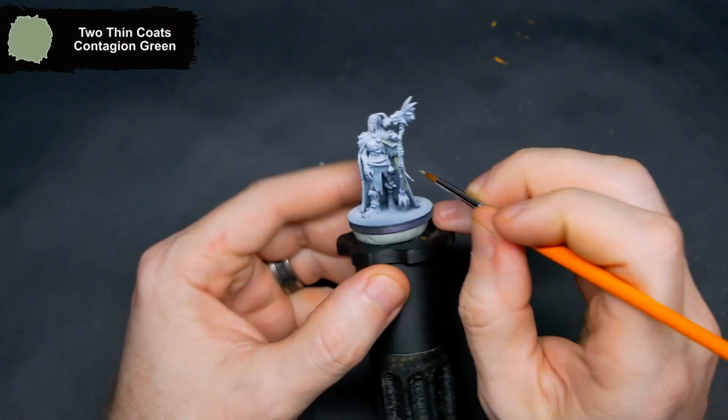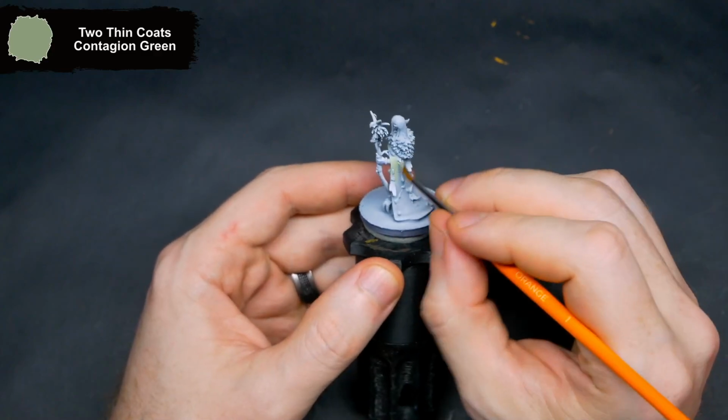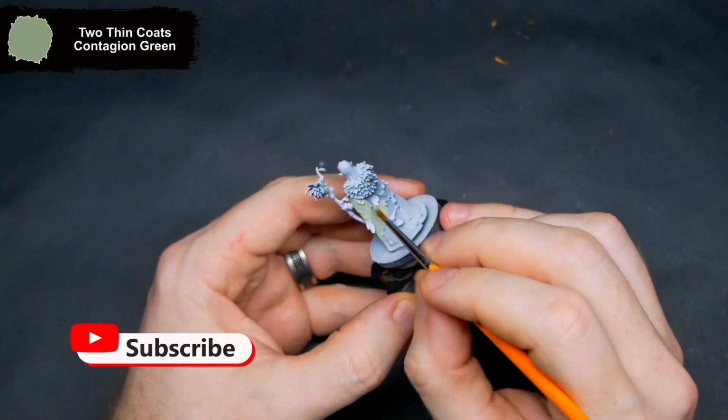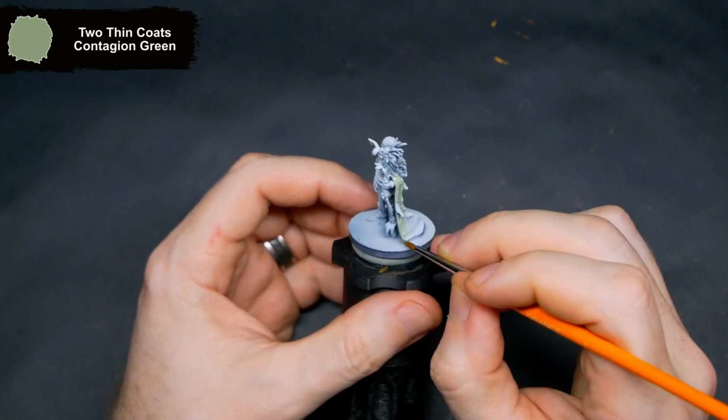This week I get the new big bad for the current Age of Fantasy campaign painted up. This is the Wood Elf Yrana. She was black and white zenithally primed, and to get started I went over the cape with Contagion green for the